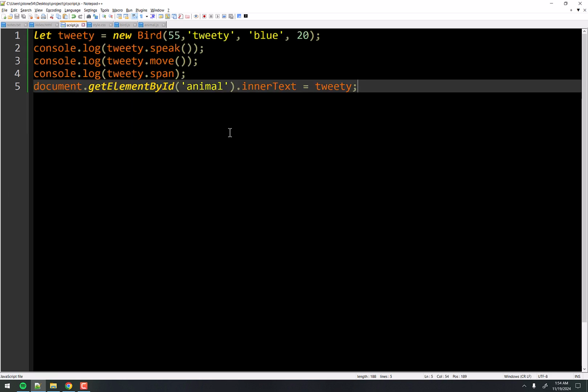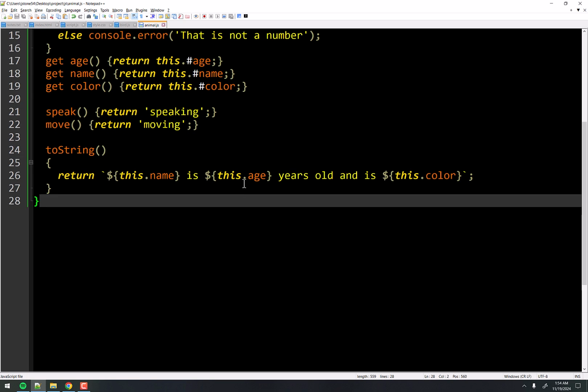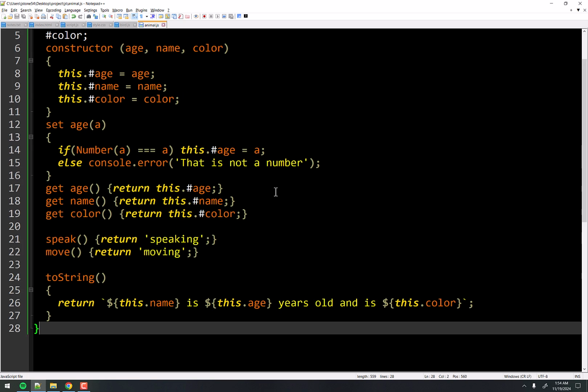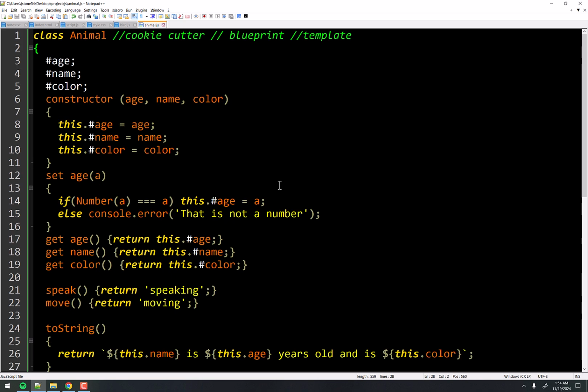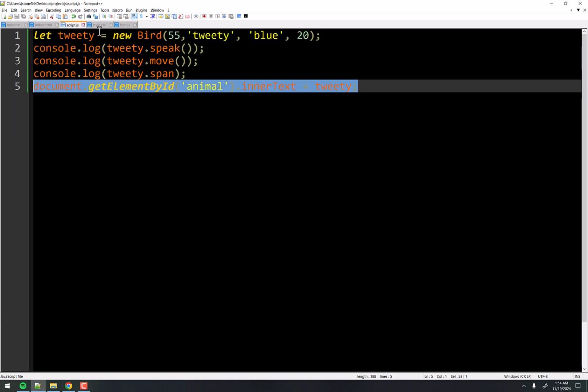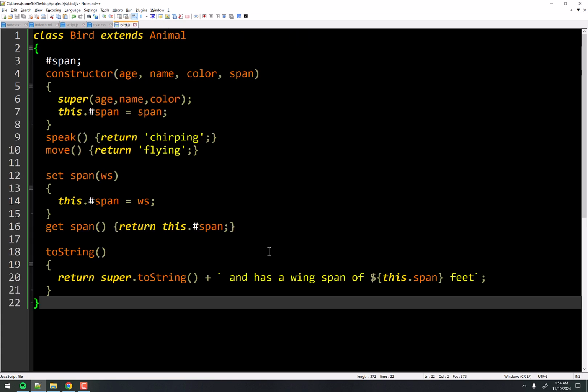And so the script is where I do all the outputting. The animal class, I don't even need to look at it anymore because we built it. It's fully fleshed out. In the real world, that would be true. And all the setters and getters are built and all the error trapping and everything. And so we don't even have to look at that file, right? We just care about our bird file here. And we know that whatever's in animal is all right here, plus everything extra that we've added, right?